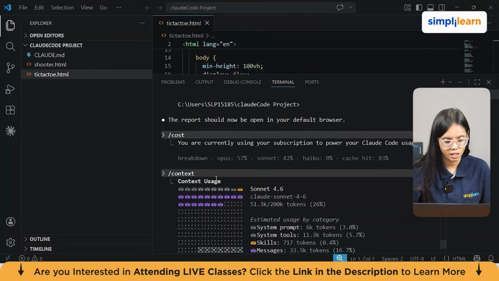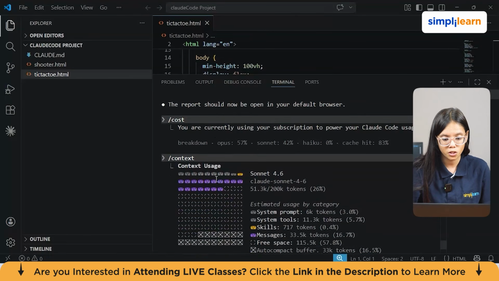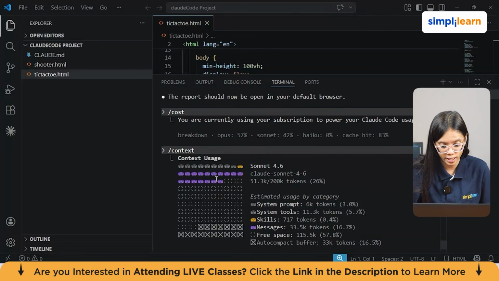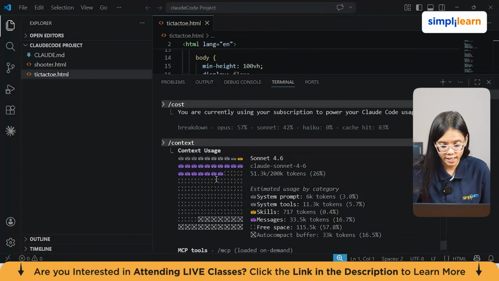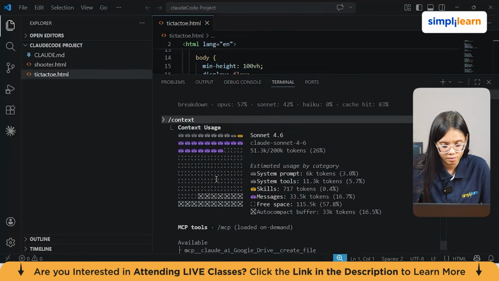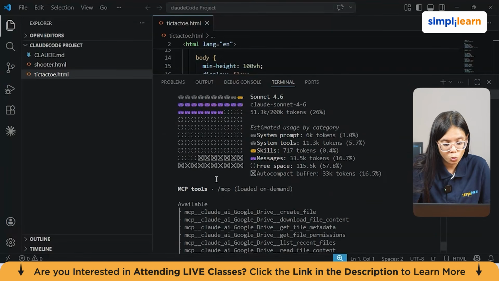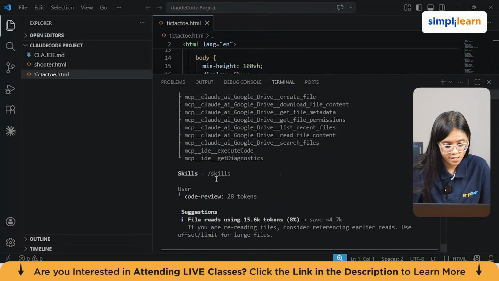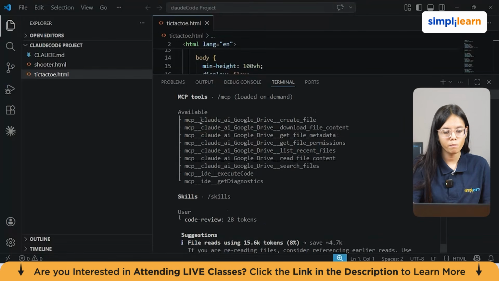See, it has given me the context usage, the total number of tokens we have utilized here, which is 200k. Estimated usage by category, like by category how many tokens we have utilized, and what all MCP tools we have used here. Skills we have utilized, which I have shown you like code review. Here, as we have seen different MCP servers loaded here,